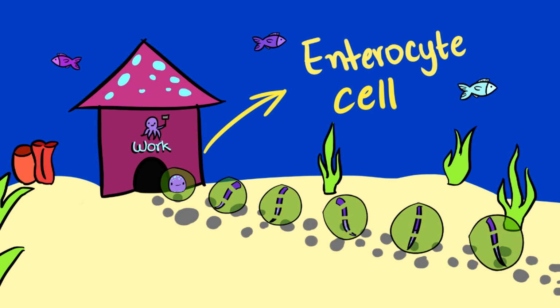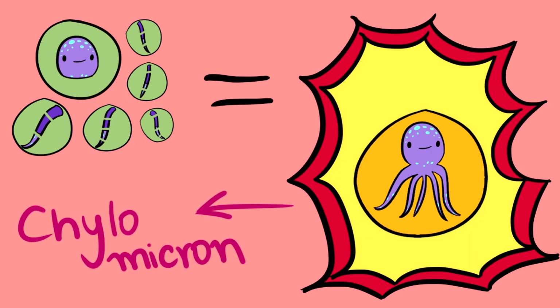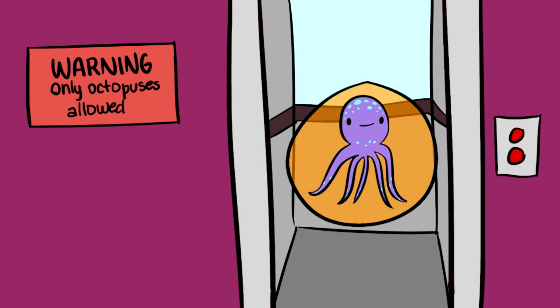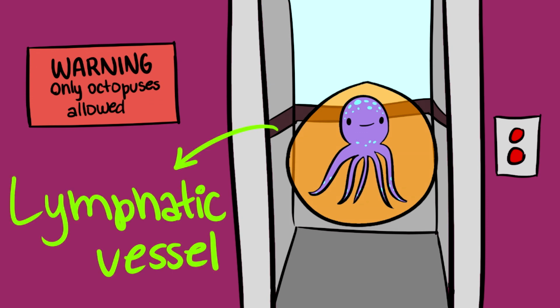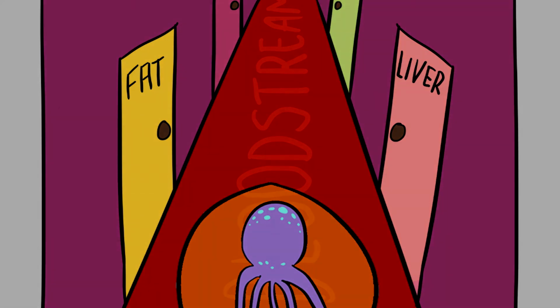After getting in, Octo's parts then join themselves back together in a tiny little Octo, who's then going to be encapsulated again, but this time his capsule is called chylomicron, which is a protein. Now, already in the office, Octo enters an elevator that represents the lymphatic vessel. This elevator is going to take Octo to the bloodstream, which is a hall full of doors, and each door represents where he has to work, the tissues, making the whole ocean work properly.